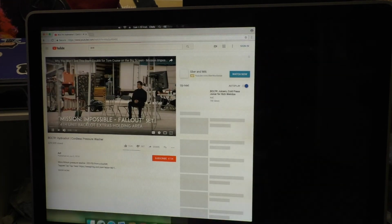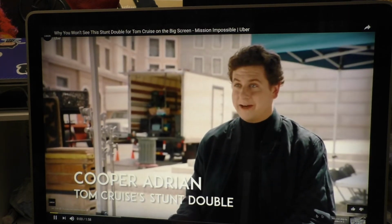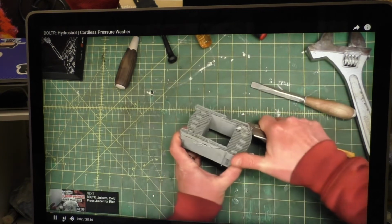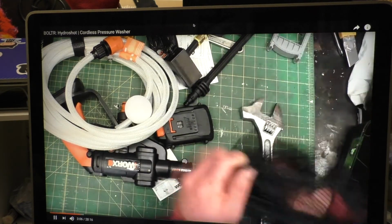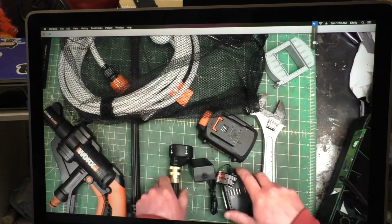My name is Cooper Adrian. And I am Tom Cruise's stunt double on Mission Impossible Fallout. Gentlemen, welcome back to the shop today. A treat especially. Early 90s mesh shirt, even in keeping with the party theme. We're trying to make the stank of a...